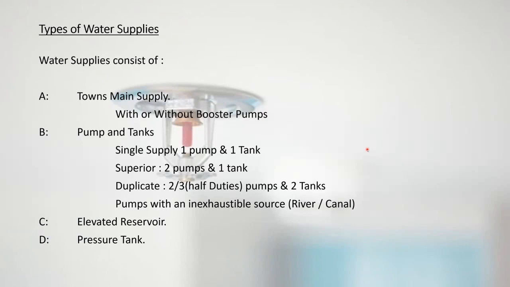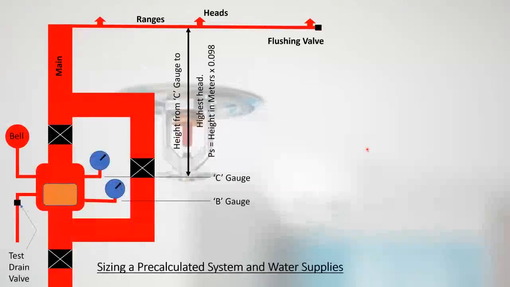You can actually use elevated reservoirs, like if you've got property at the bottom of a hill and there's a reservoir way up the top of the hill, you could actually feed your sprinklers from that. And pressure tanks. If you like, pressure tanks in a sprinkler system are basically just a big fire extinguisher. Okay. Righty. So, pre-calculated systems,